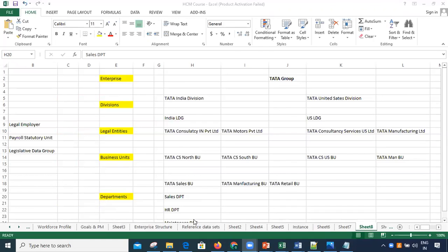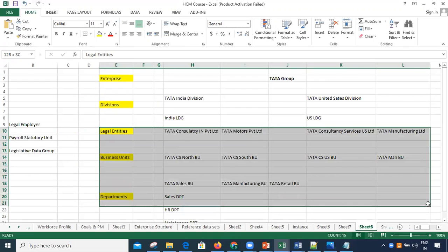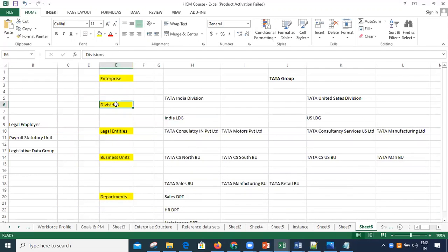Yes, hello. Regarding legal entities, business units and departments, we said that the business unit is mandatory. What about legal entities and departments? Legal entities and departments are also mandatory. And the only thing that is not mandatory is the division. Yes, only the division is not mandatory. The rest of the others are important. The reason I asked about business unit is that there are other objects associated with it, like the workforce structures. Yes, I pointed more at business unit, but all these are mandatory. Only divisions are not mandatory. Okay, clear.